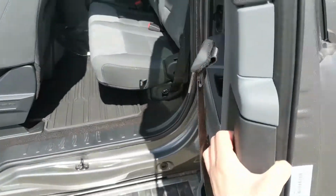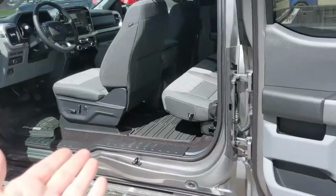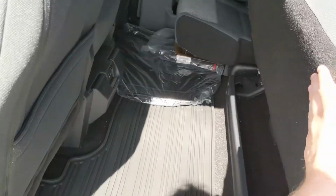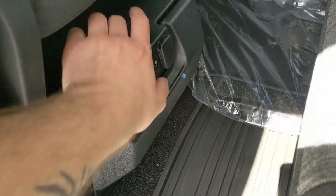So first, looking in the back, where you have your rear doors that fold all the way back to be in line with the bed of the truck, giving you easy access to the back seat, where you have seating for 3 that can be lifted up and out of the way to accommodate any other cargo you might want to put back here. And then in the middle, you have 2 fold-out cup holders with a USB, USB-C, and